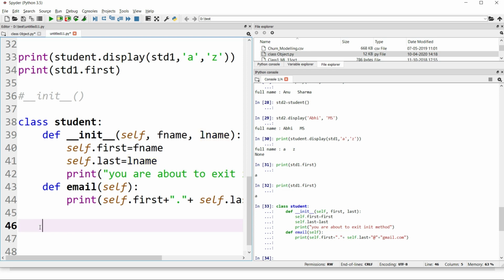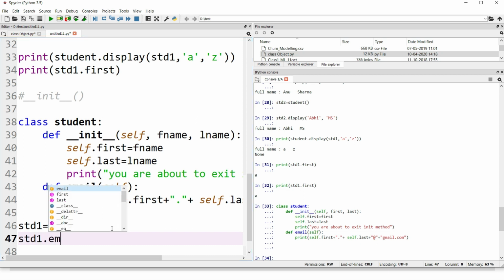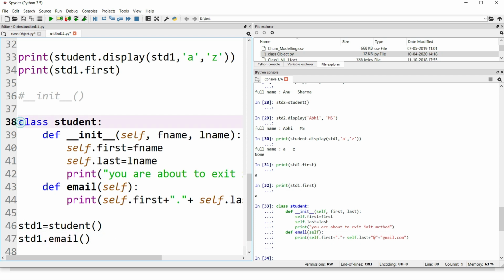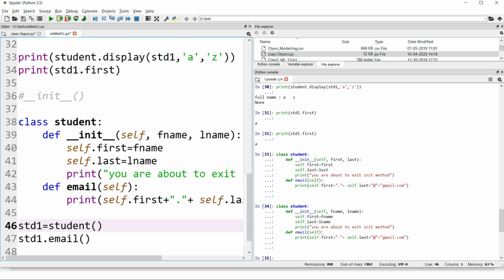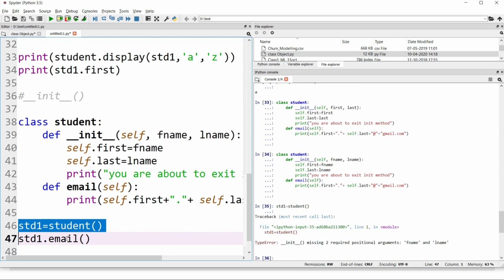Okay. So now I'll create an object std1 of class Student, and whenever I try to print std1.email, I'm calling the method email on it. Now let's see. I have purposely done something wrong here just to show you.